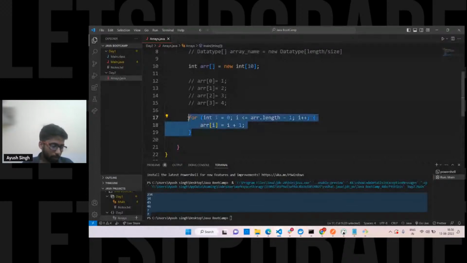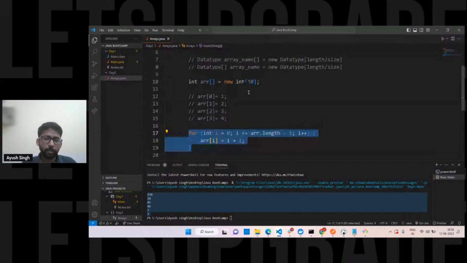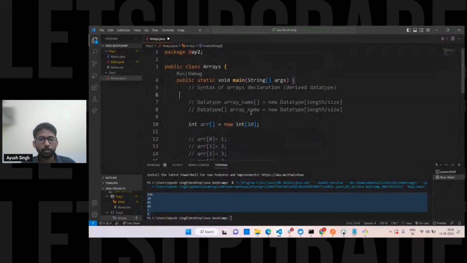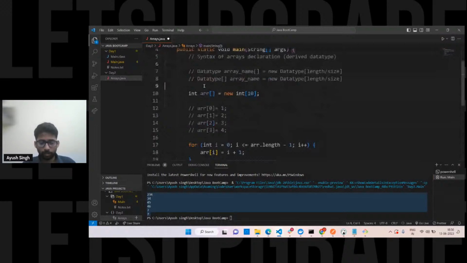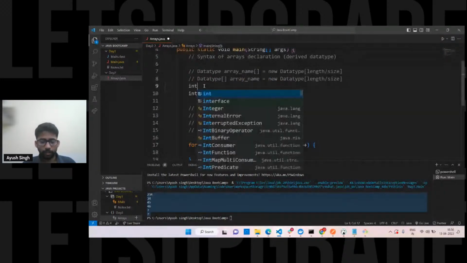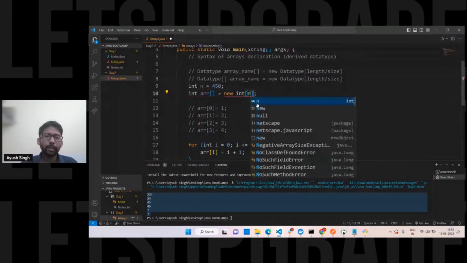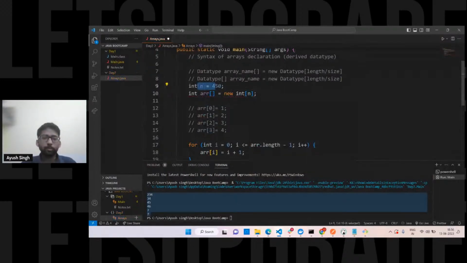If you want n number of array, then see, n is also going to be an input, right? In that case, if you want an array with the n, we have to take an input for that. Let's suppose I have an n, and in here we have any number, let's suppose 450 or anything. So you can pass this n directly in here. It is possible. And if you want to take this n as an input, okay,